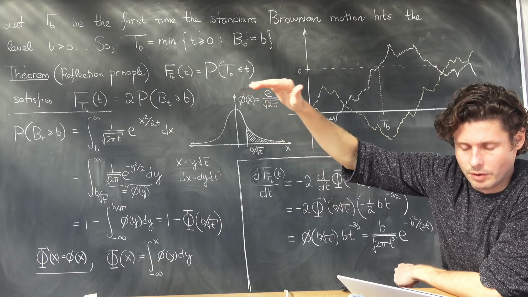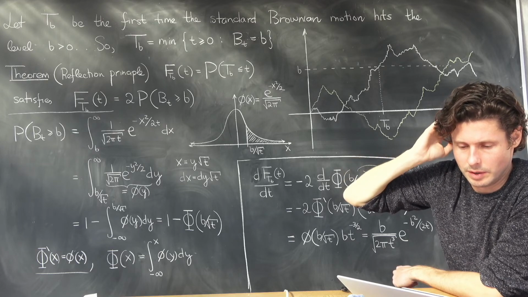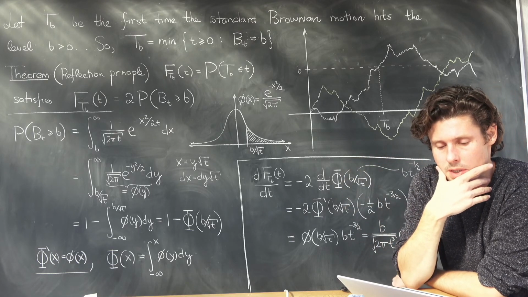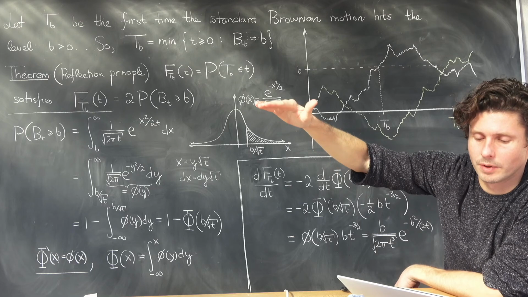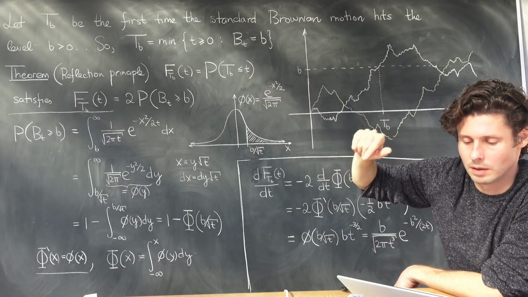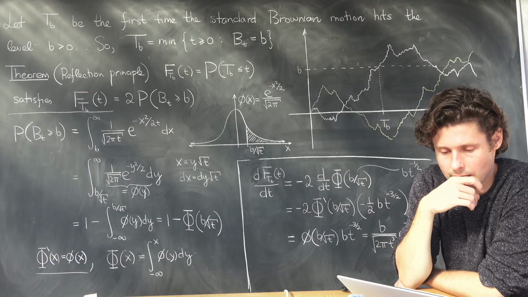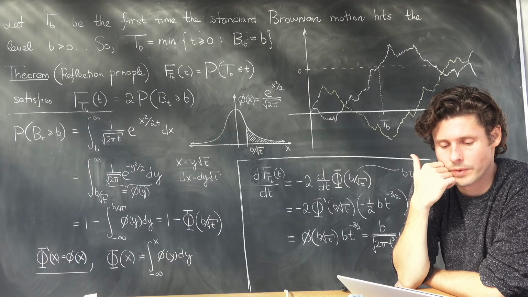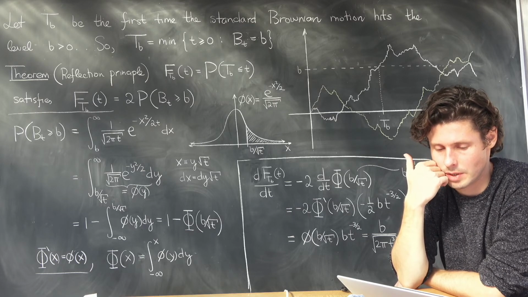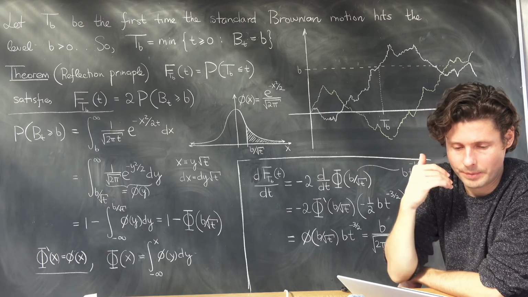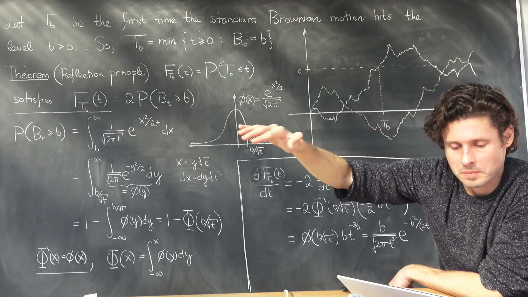But for now, if you have a continuous random variable on your hands, in order to be able to run various calculations, compute various expectations and probabilities, you'd like to know, one, its cumulative distribution function, and maybe two, the density, which is the derivative of the cumulative distribution function. So what lets us do this? This is one of those rare examples where you can actually have a computation in an explicit form, and the theorem that gives us this, we'll prove this during the lecture, is this reflection